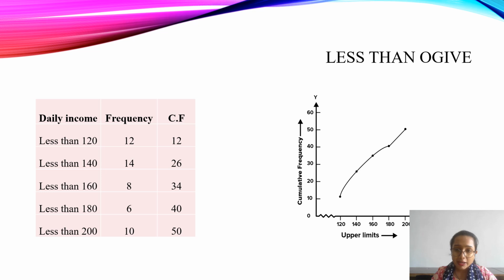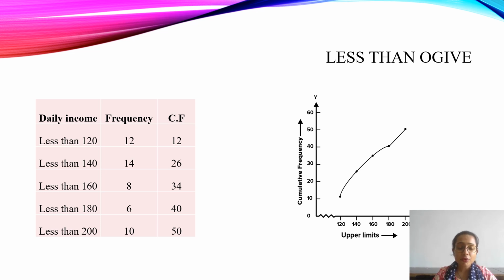So there are two methods. First is the less than ogive, second one is the more than ogive. Less than ogive will look like this. As you can see in the graph, it is a rising curve, right? So basically, whenever we have the class intervals like this and the frequencies,